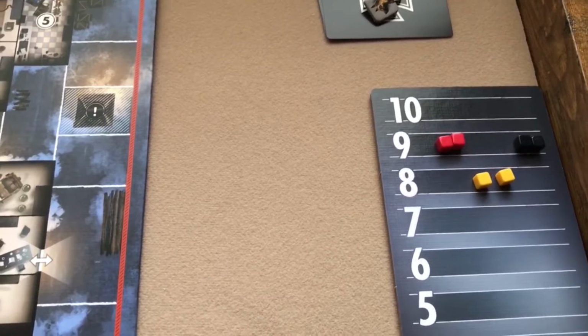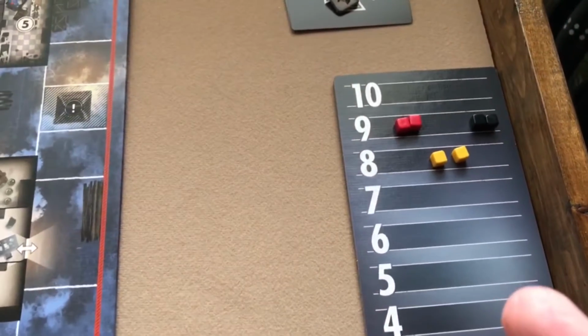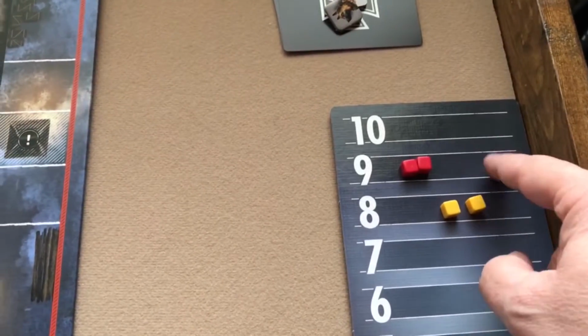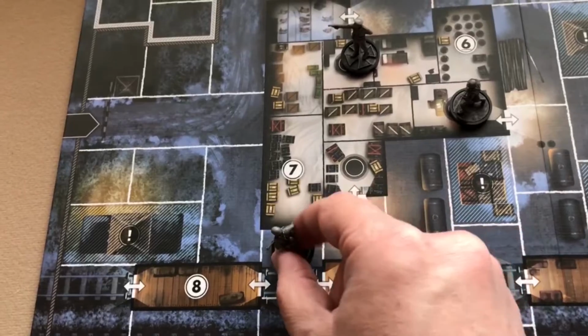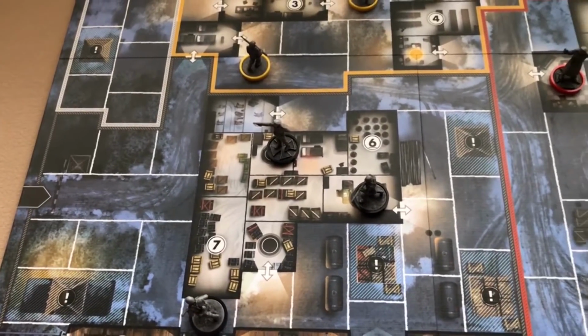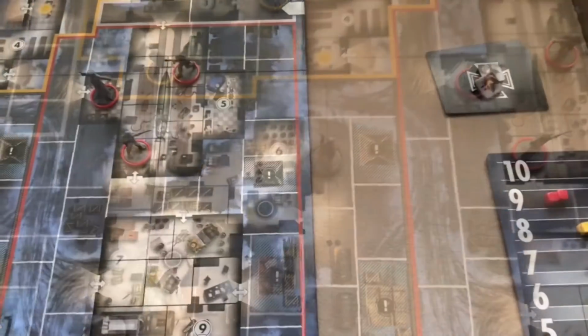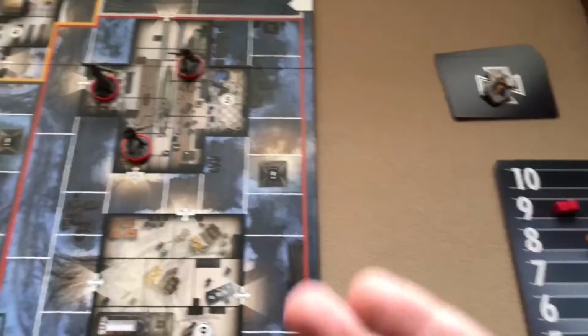Alright, that's both actions for the yellow. Alright, the black squad, I think they're going to move a unit 1, 2, and maybe they'll move another unit 1, 2. And now the red squad,